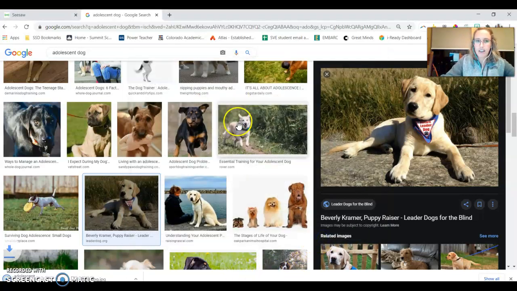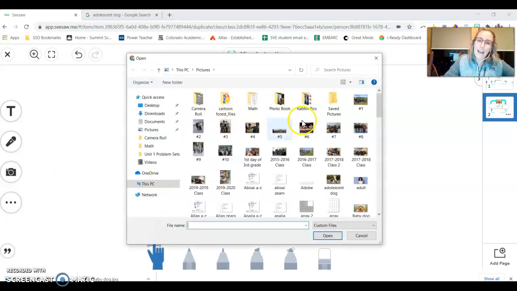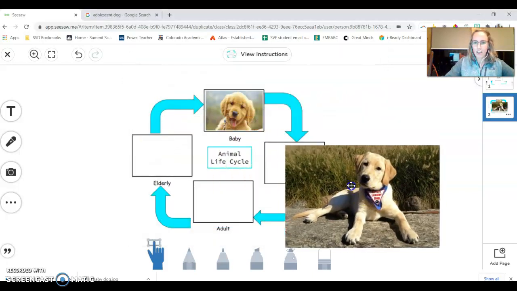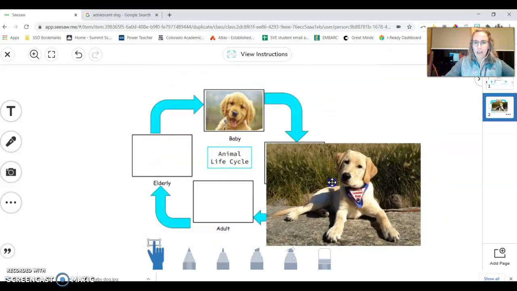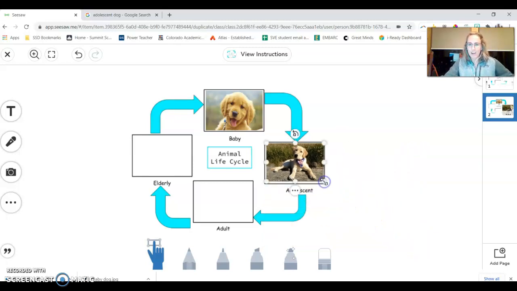Adolescent dog. Now, I go back to Seesaw. I click my camera. I click upload. I find my adolescent dog and double click. There he is. My adolescent dog. I'm going to shrink it. There we go. Once you have the adult dog and the adult animal picture you're going to use and the